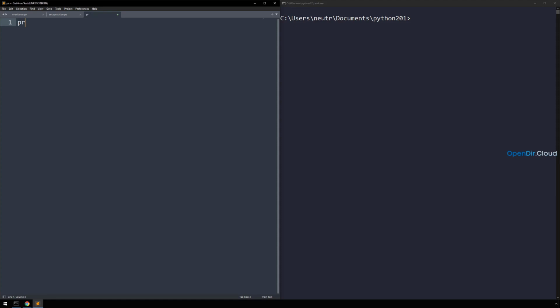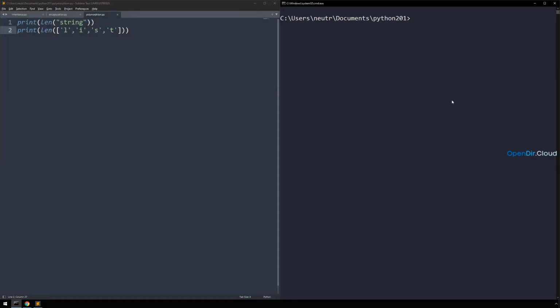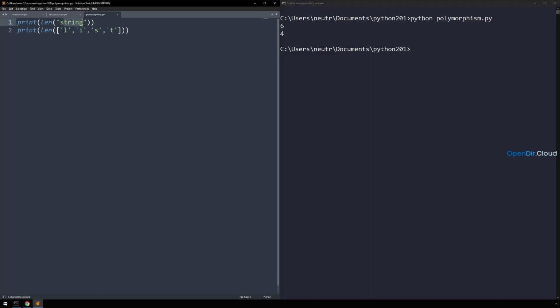Because for example, if we say print len string, print len array list, and we save this as polymorphism.py. We can run it, and we can see that we have the expected output here of 6 and 4 for the length of the string and the length of the list. And here we are using the same function len, but we are passing in different types, so both a string